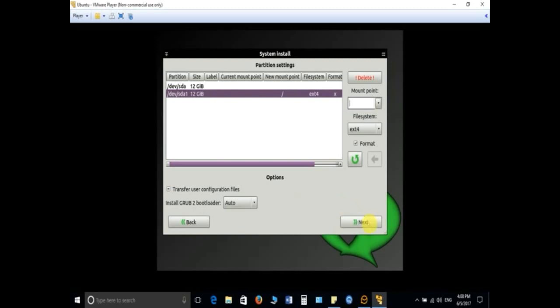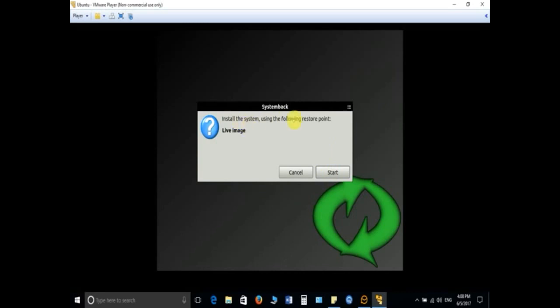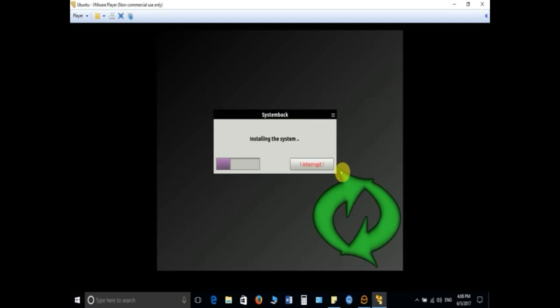Just click on next now, and it will show you another pop-up message: install the system using the following restore point live image. Just click on the start button and it will start installing the system on your hard disk. It may take some time depending on the speed of your computer, and will finish and give you the next option.